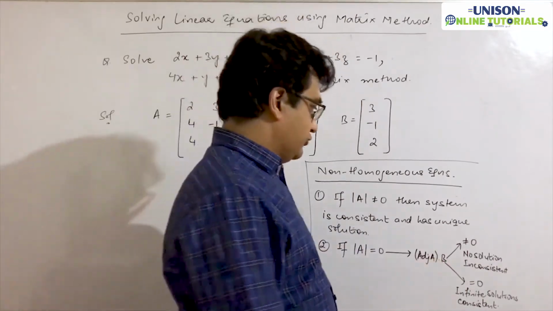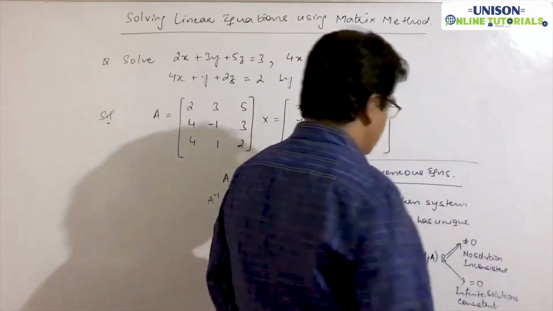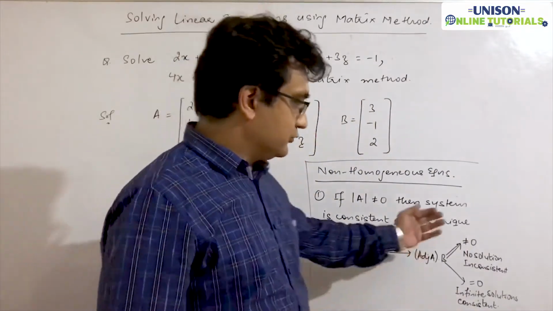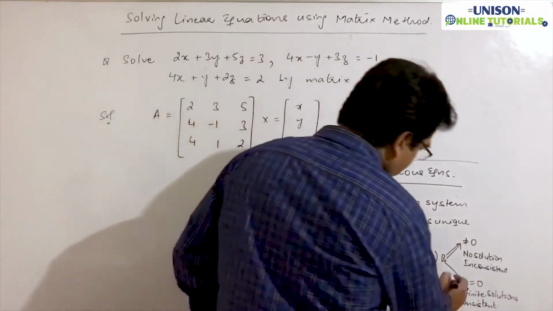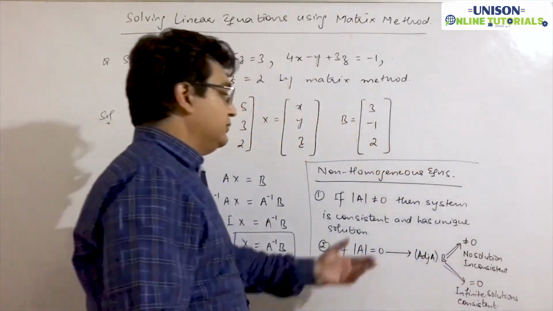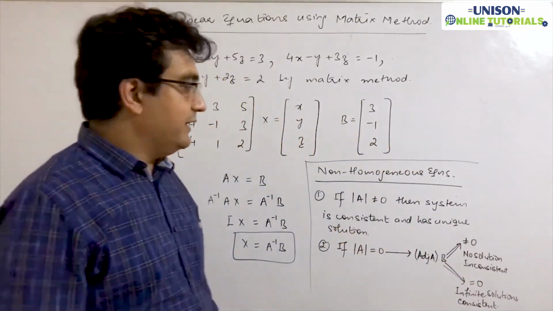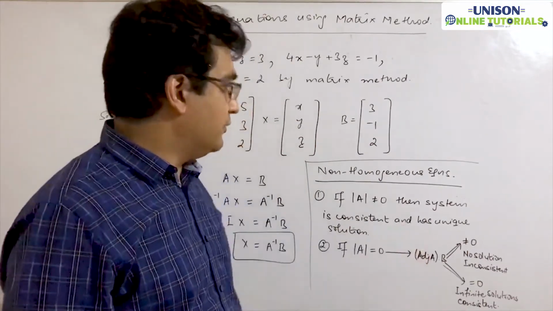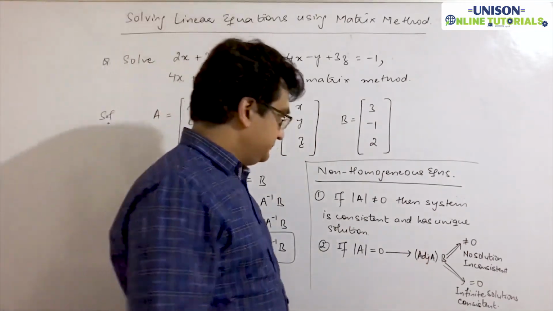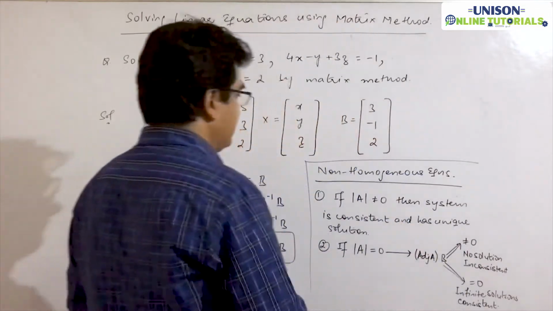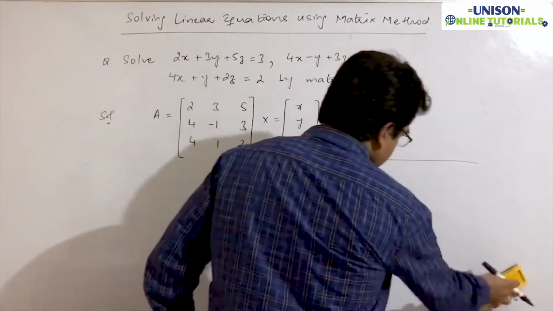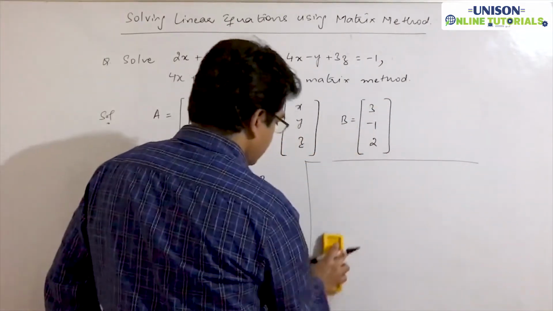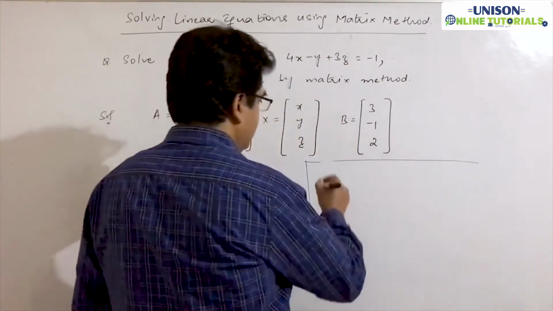और अगर adjoint A into B not equal to 0 आएगी तो नो सॉल्यूशन होगा, इस रिजल्ट को हम इनकंसिस्टेंट बोलेंगे. अगर adjoint A into B equal to 0 आएगी तो the result will be infinite many solutions and it will be called consistent. Next, अगर system of equations homogeneous हो, if the system of equations are homogeneous, okay.